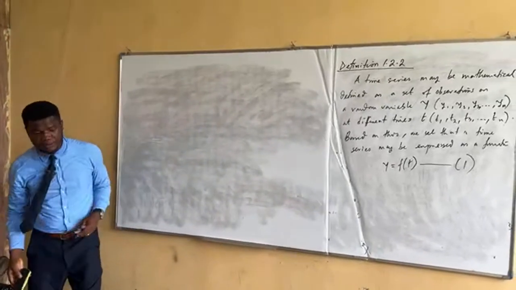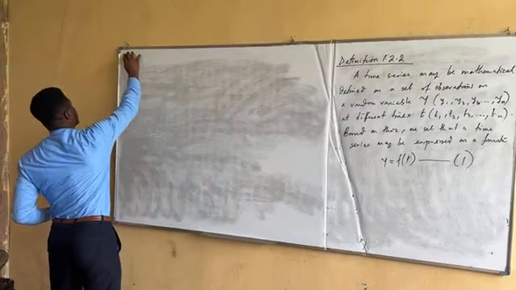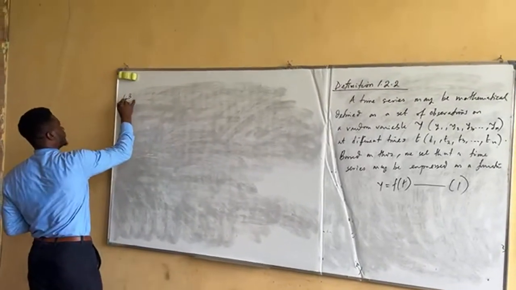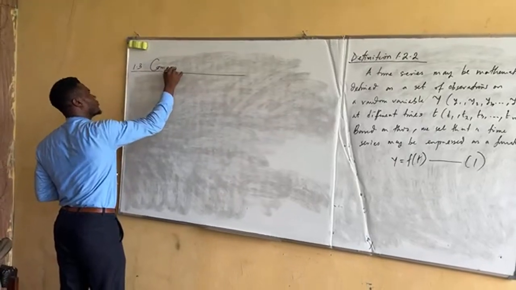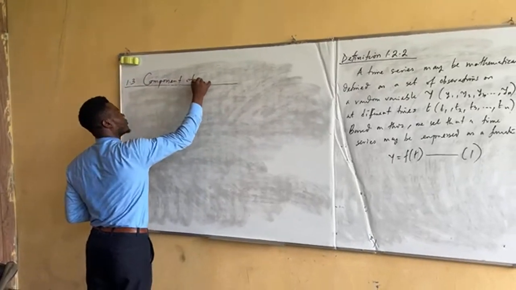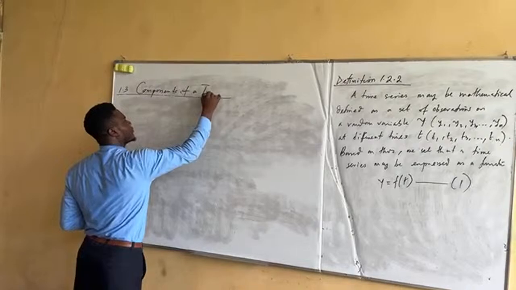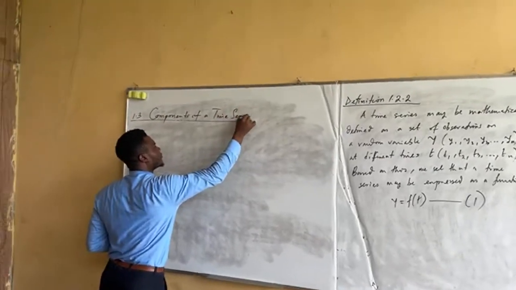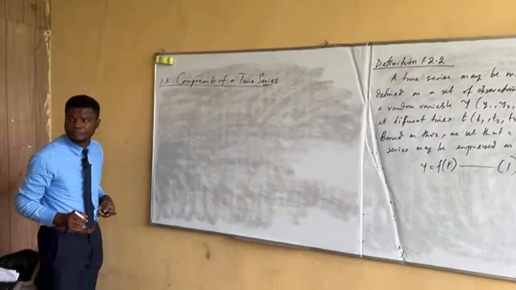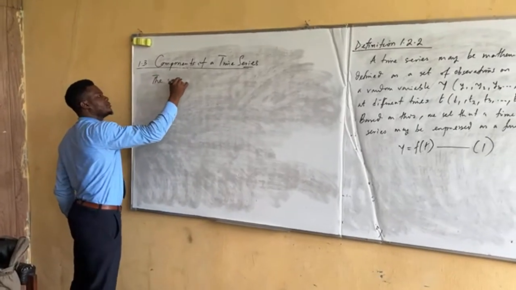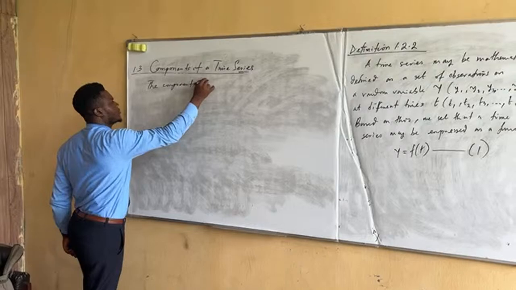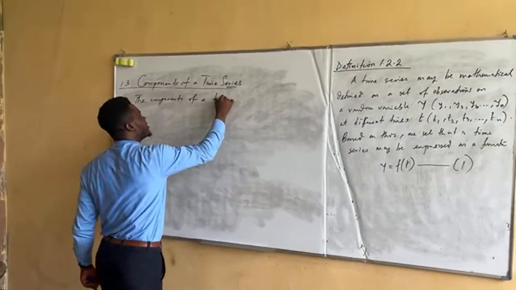Components of a time series. Are we there? Now, the components of a time series